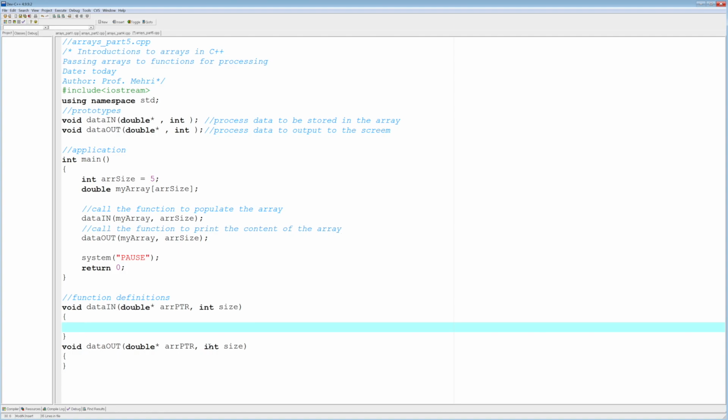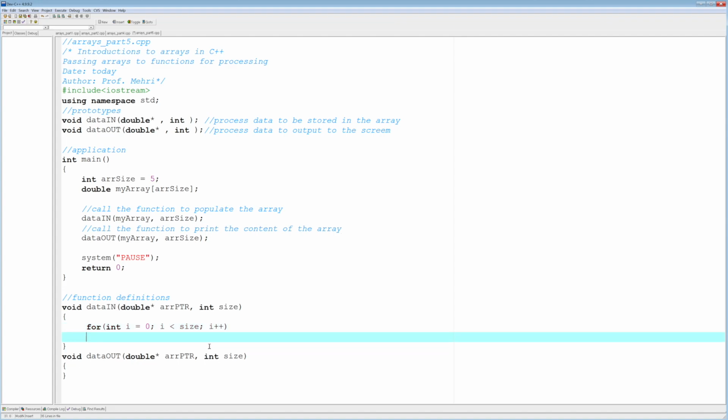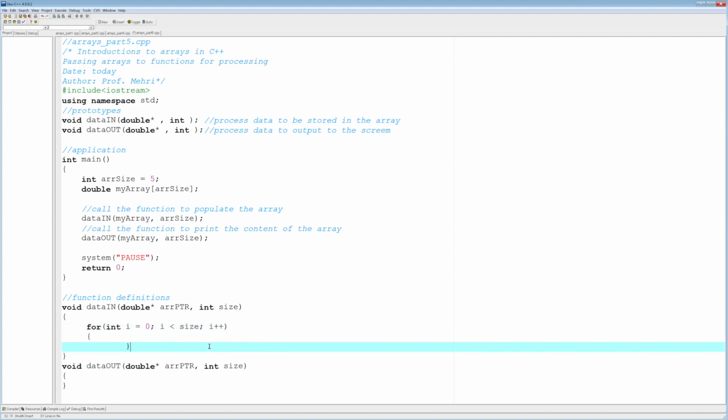Okay, we know we have access to that pointer. So we could use a for loop now based on size. We could do something like this: for int i equals 0, i less than size, since you've passed size to size, right, when you call it, and i plus plus. Let's put a couple curly braces here. We're going to do a couple things here,